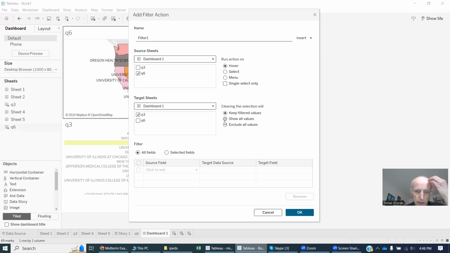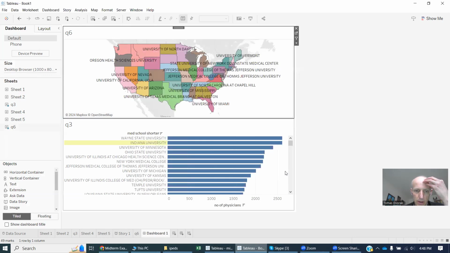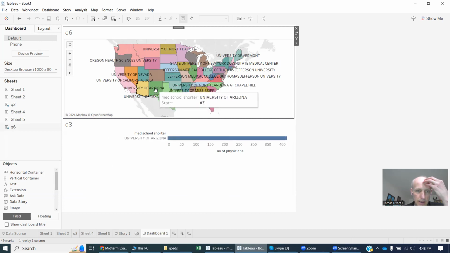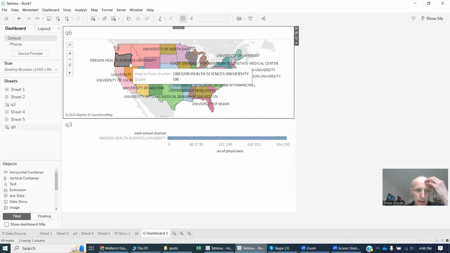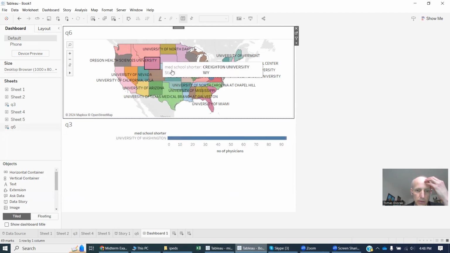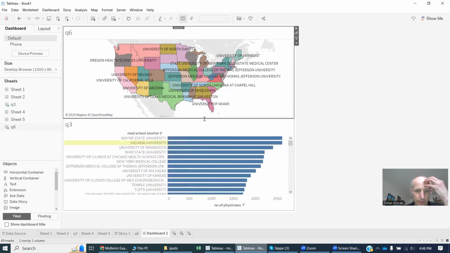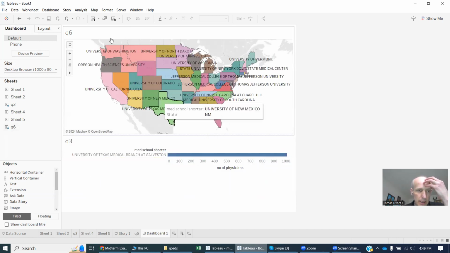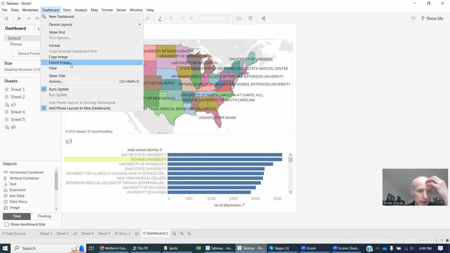And when we stop hovering, I'm gonna just show all values. So we might have to come back to this, because I think if I just hit OK here, I'm gonna have a problem. I see that in Arizona, University of Arizona is the top. I only see one school here. And why is that? Well, that's because in our action,